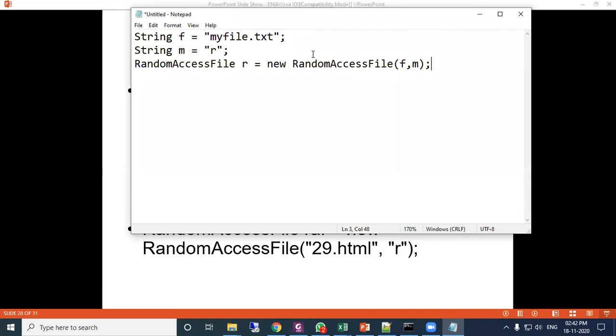At that time, you take a string variable, input it using scanner, then use that variable. Similarly, the mode also you can set in a string and use it. So this is the method to open a file using the random access file concept, and it will be open in read mode.